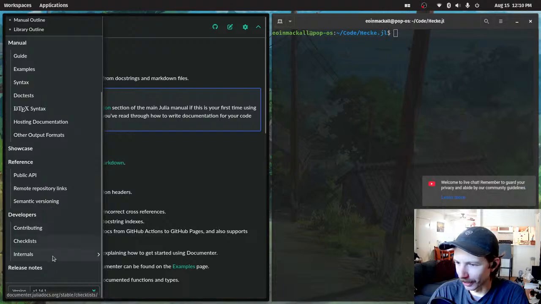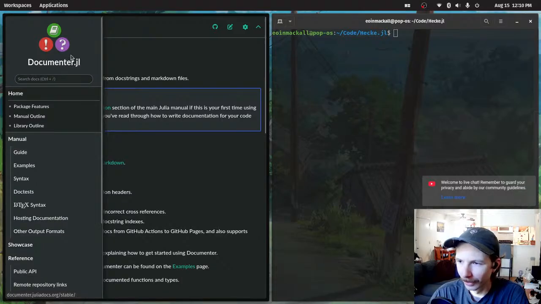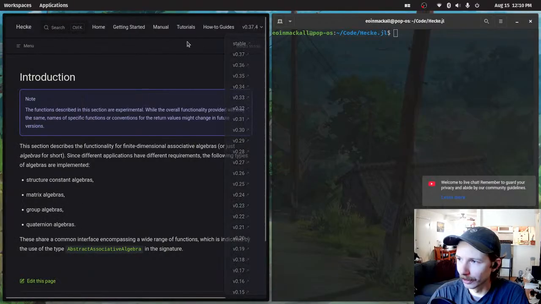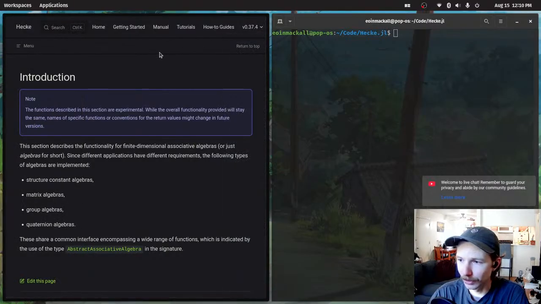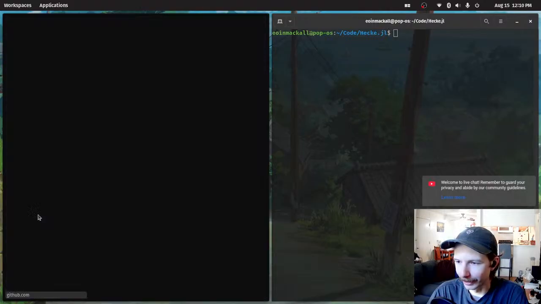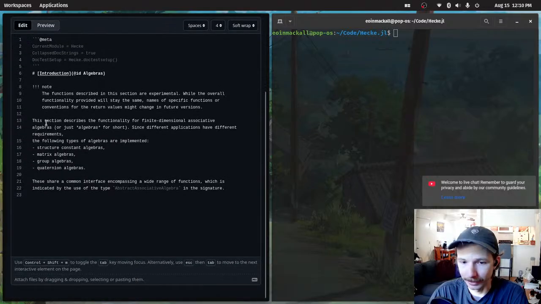This is just the documentation for this one package, and Hecke in particular actually doesn't use the Documenter package. It uses DocumenterVitepress, which is a package on top of the Documenter package. So I see that we can go in and edit, and then we'll just create a pull request that will add to this